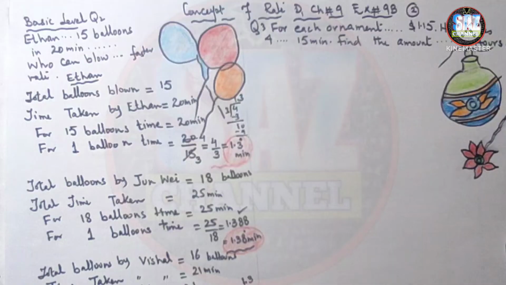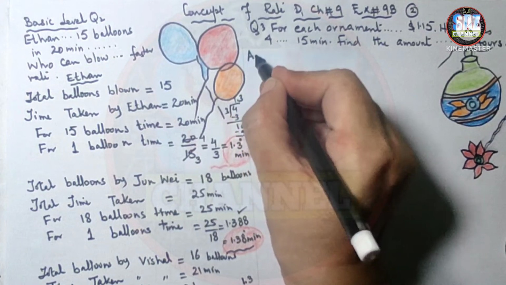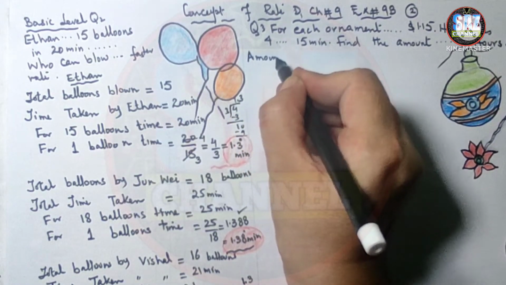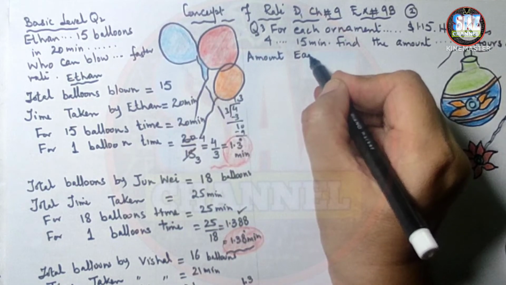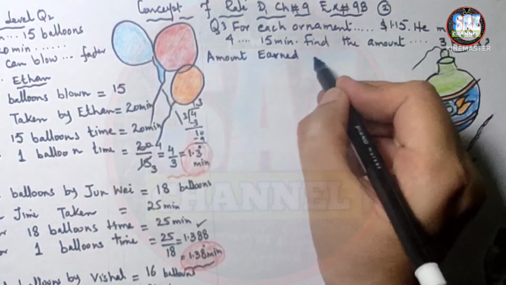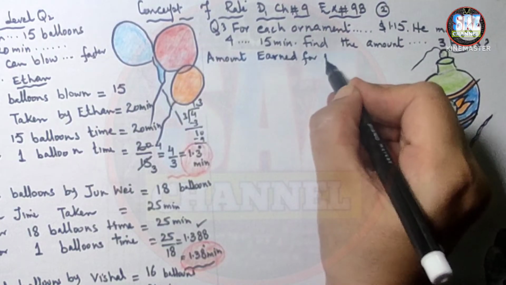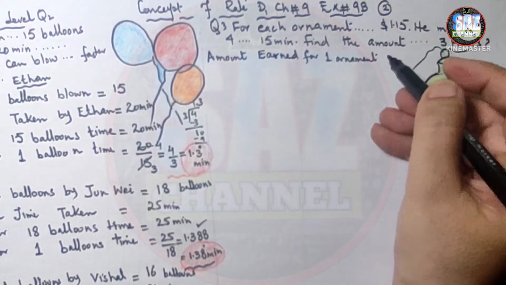Let's try to understand the question through some diagram, and let me write the data first: the amount earned for one ornament equals